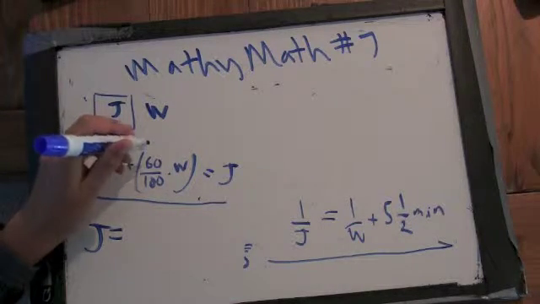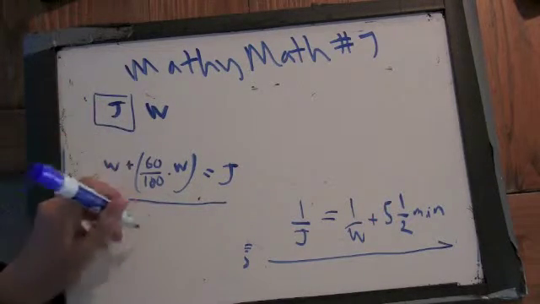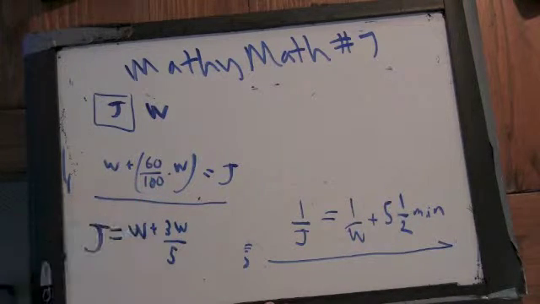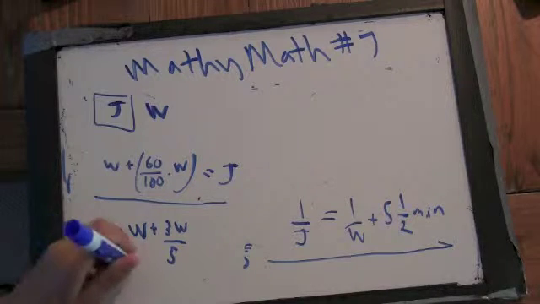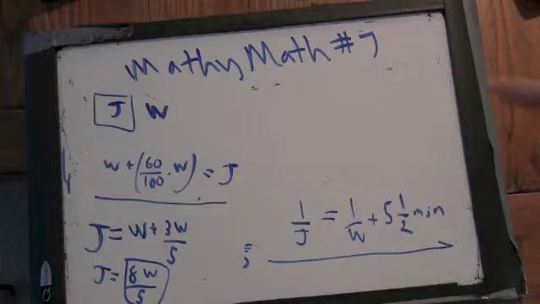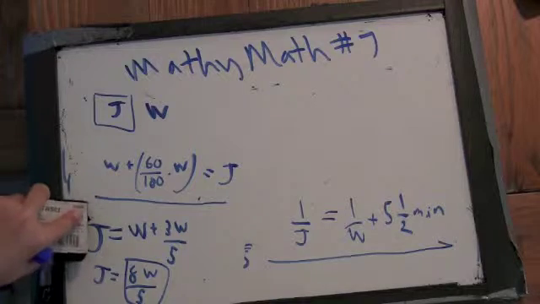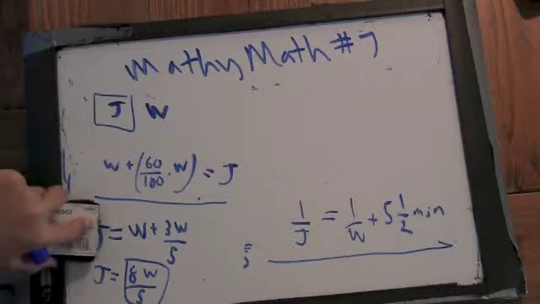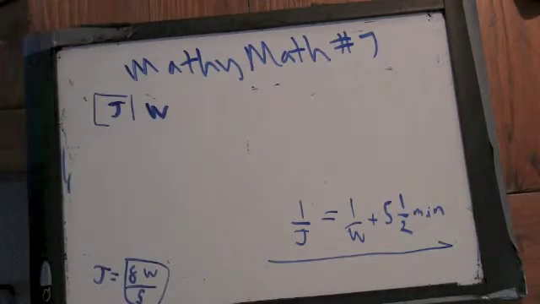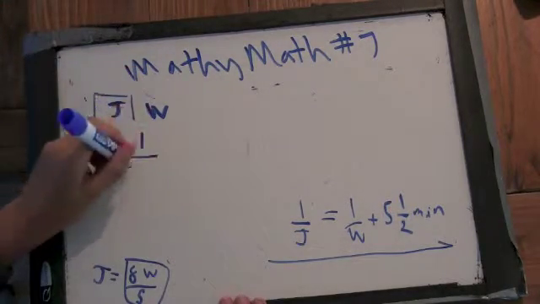so 60% is 3/5. Or I could write it as all in w's over 5. So j is 8w over 5. Okay, so that's a much simpler expression than that, right? Yeah. So now I could substitute it in. Okay. So, to erase this. So 1 over